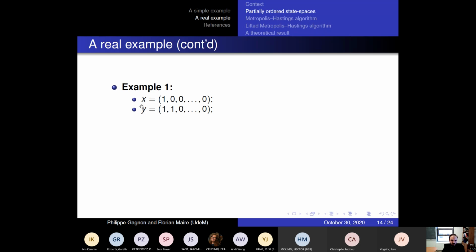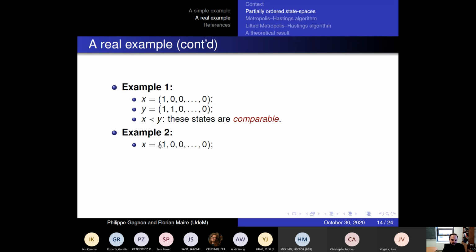So the first and the second covariates are included. So x is nested in y. So it means that these states are comparable, okay? Because they belong to the set R, okay? So a second example,